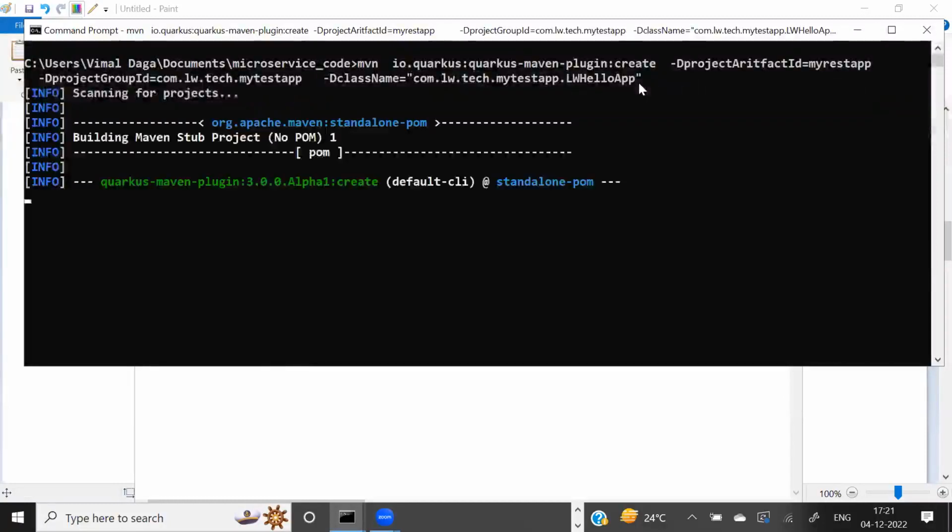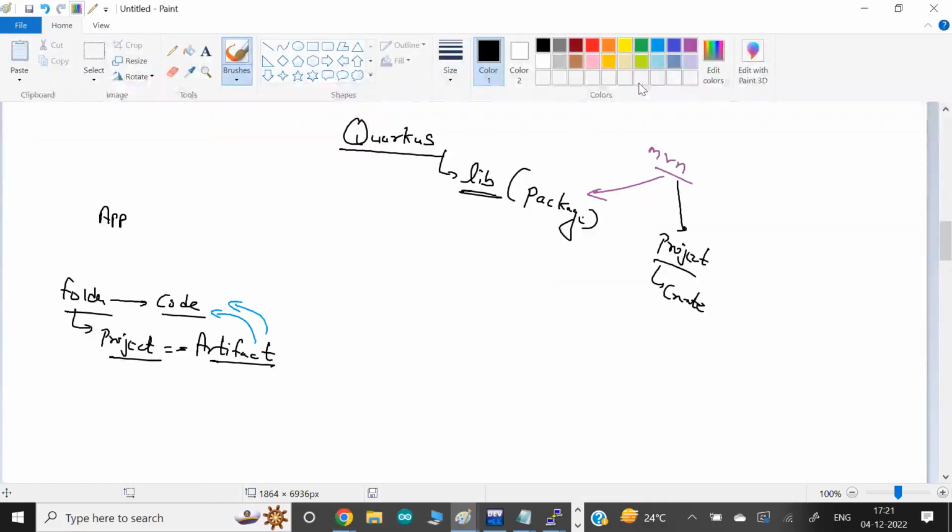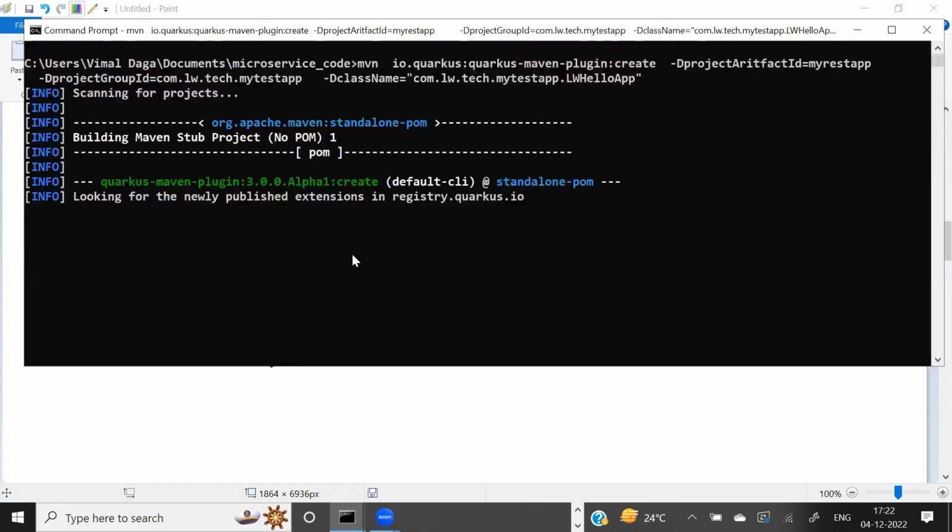So finally, Maven will create a new project for you. And this project contains a lot of Quarkus libraries. All the functionality of Quarkus we can use. One of the functionalities Quarkus provides is a very quick way to create REST APIs. And that's the plan for today. And how we can do it, we'll see. At that time I will explain more about this REST API from the very basics. Okay, that's what it is doing for you.